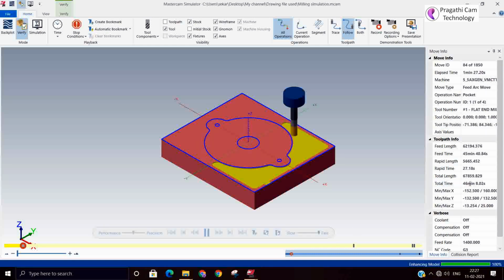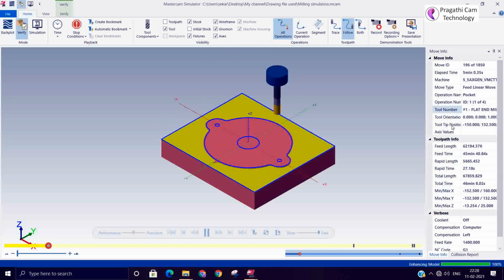Here on the left and right hand side window, you can see all the information about your simulation time, feed timing, rapid timing, all the information you can read from the right side window. The same thing is available in the backplot also.